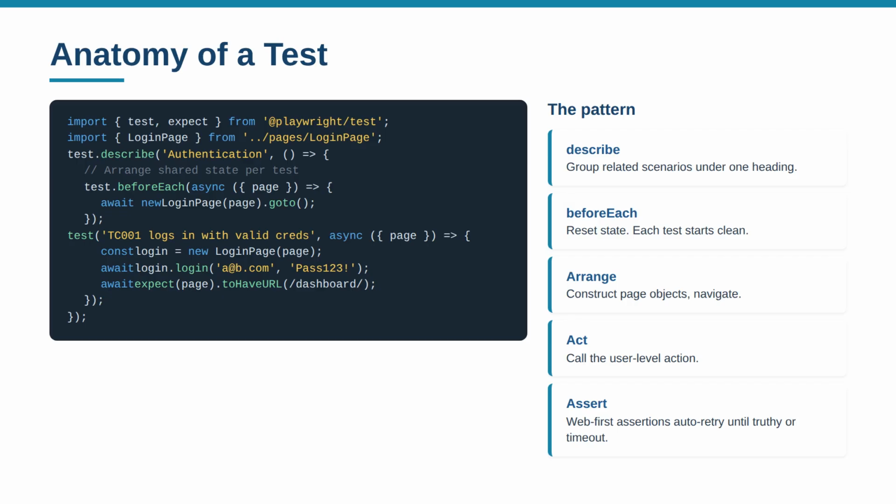toHaveURL with a regex pattern checks that the page URL matches dashboard after a successful login. The test name, TC1001 logs in with valid credentials, serves as living documentation. When this test fails in CI, the error message tells you precisely which scenario broke and what the expected outcome